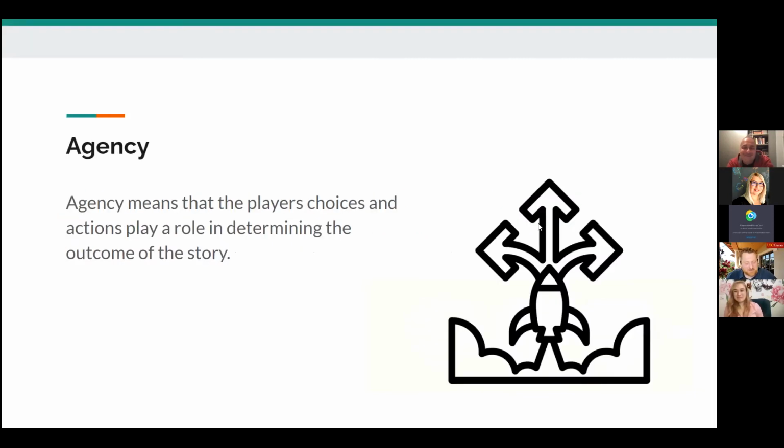So we've talked around this idea of agency a whole bunch, but we're going to address it head on. Agency means that the player's choices and actions play a role in determining the outcome of the story. This is that co-authorship, that collaboration. The side of it that is the player's side is called agency.